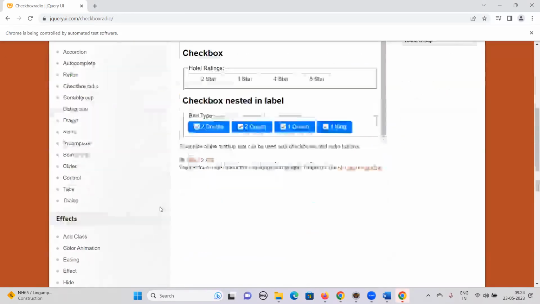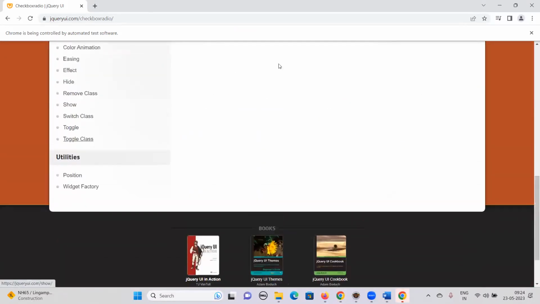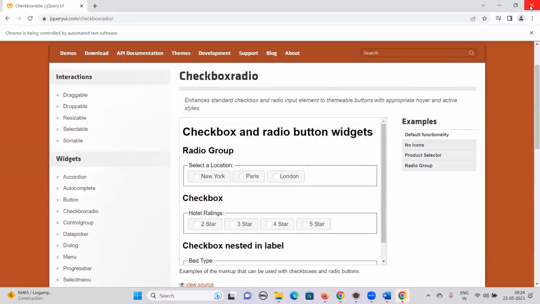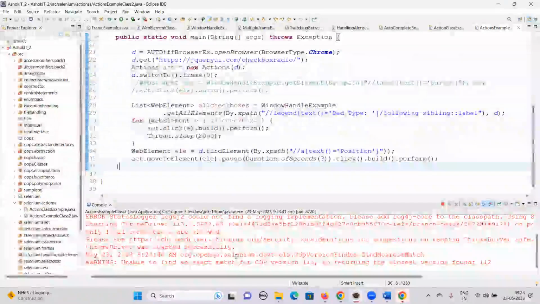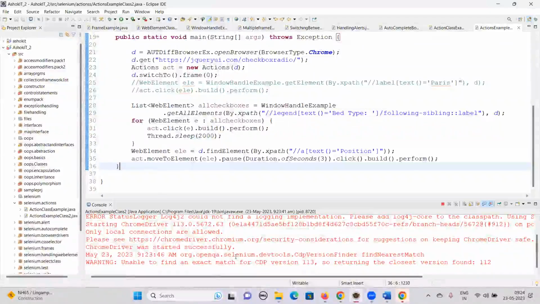Now you see, it's not moving and clicking on this. So it has to click on that element. Okay. But still we'll get that exception. Here it says no such element exception because we are not scrolling to that element. Okay. So what we do in this case is